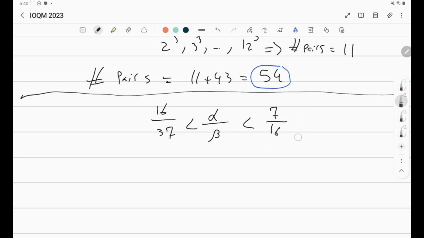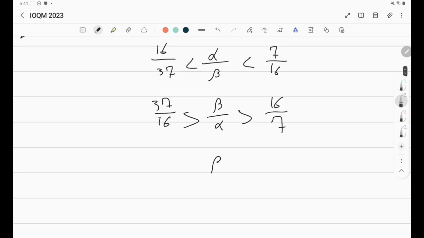And another thing, these numbers are currently less than 1. So a nice thing is going to be flipping both of these. Of course, don't forget to flip the inequality as well. So now we've got 16 over 7 and 37 over 16. Now you can simply get the following: 16 over 7 alpha and 37 over 16 alpha. And actually, if you calculate these two numbers,